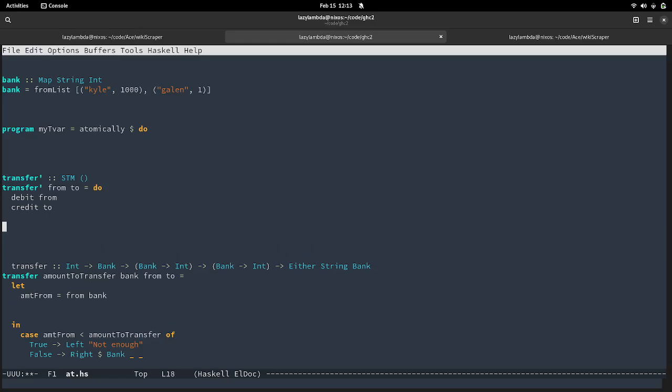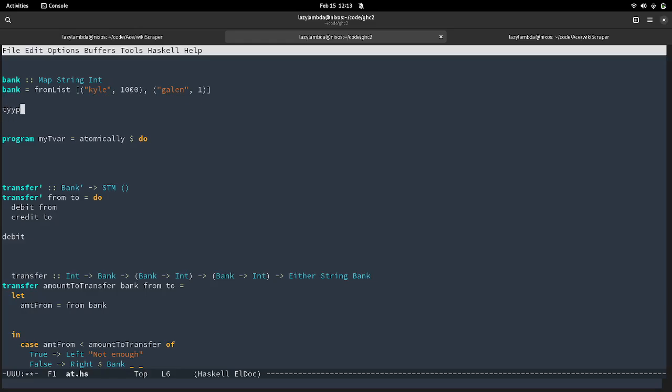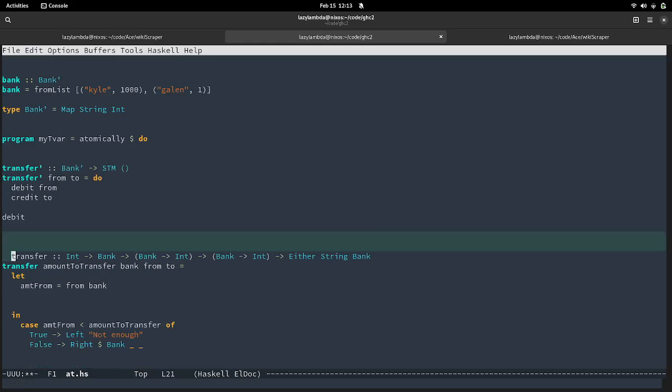I'll need a bank, close bank prime, and the type of bank prime is a map of string int. I'm just going to get rid of this here.